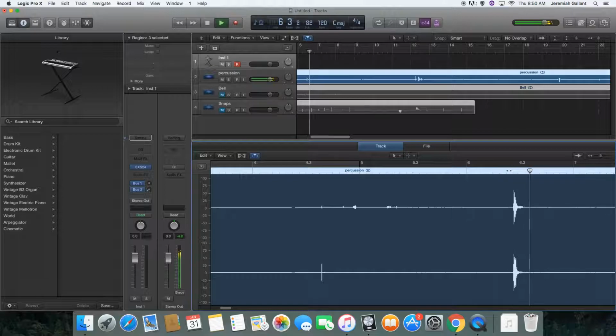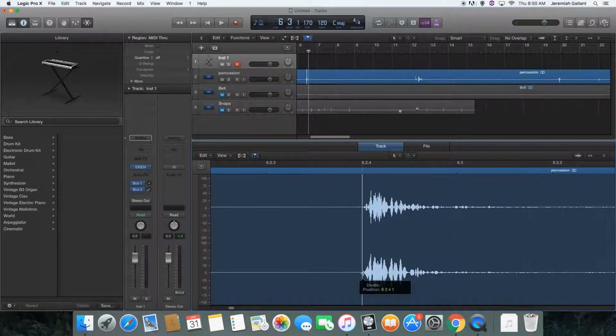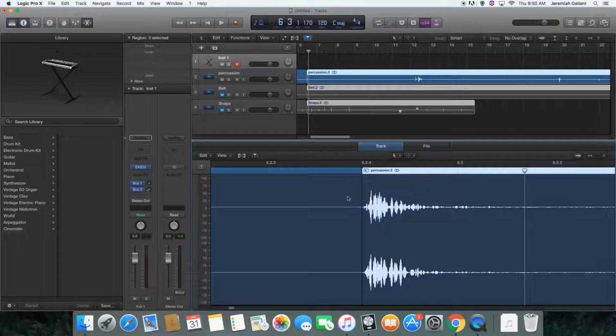All right, so this is a good bass. I don't know if you can hear that. It's a really good bass. Got a lot of body to it, so I'm going to zoom in and cut it. Again, just keep in mind, to cut, you want to make sure that your cursor goes below this line right here,